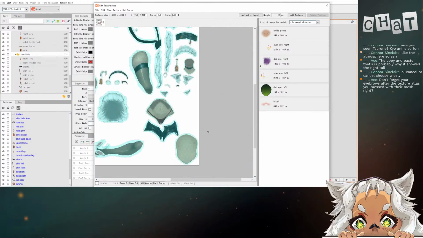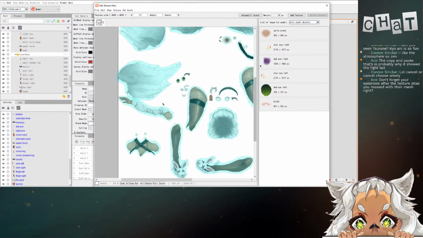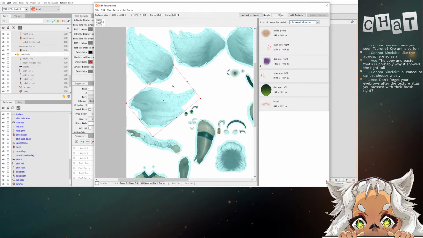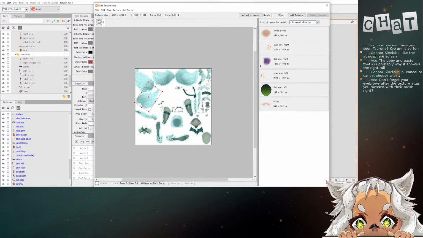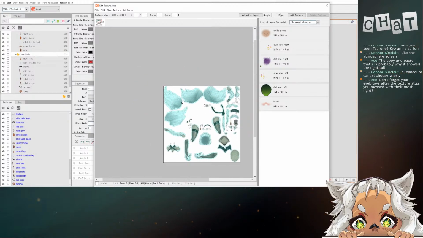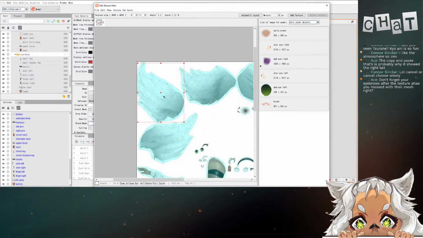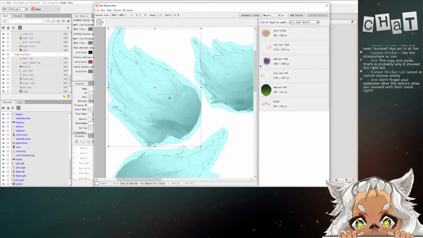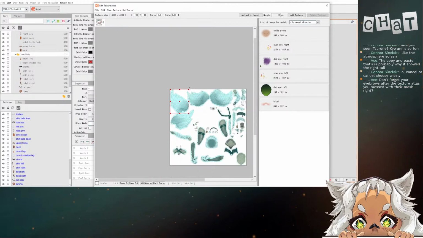I'm gonna get all the tails together. That can fit in like that. Give that just a little bit of padding. I know it gives it some automatic padding when I put it in, but